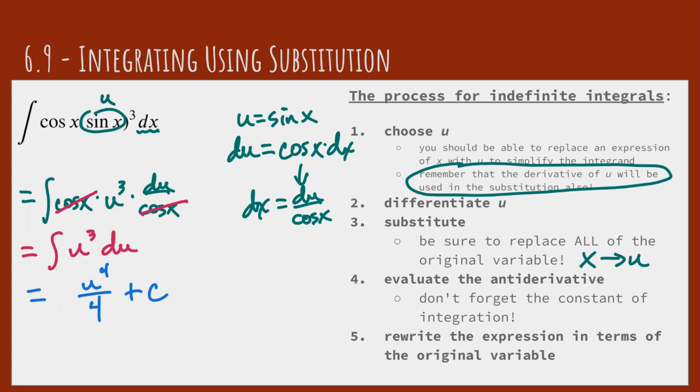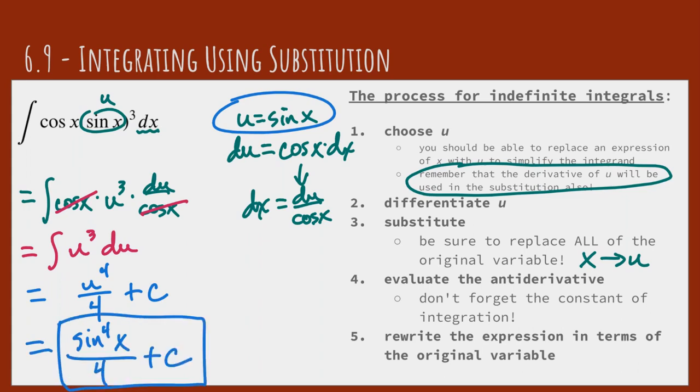So as soon as we take that antiderivative, as soon as this integral symbol goes away, the plus c comes into my answer. Now the last thing is, we just made up this variable u for this problem, so we need to write our answer back in terms of the variable in the problem, which is x. So I'm going to take this definition that we made for u at the beginning, and I'm going to make that substitution again. So where I see the u, I'm going to put sine of x in there. So we're going to have sine to the 4th of x over 4 plus c,